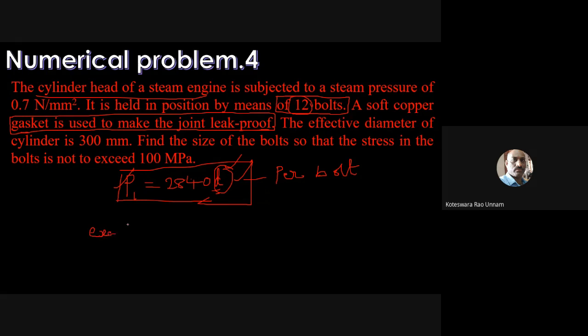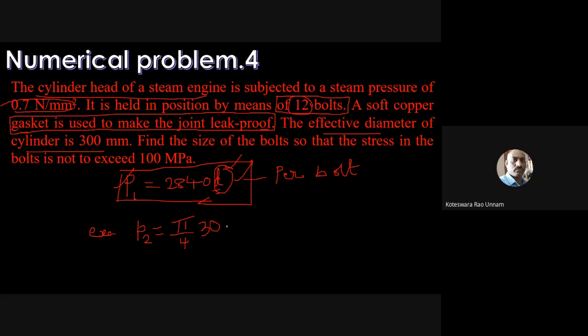External load, I will take it as P. So P2, we can take it as external load, will denote it as P2. P2 is nothing but here the pressure is given as 0.7 and the effective diameter of the cylinder head is 300 mm. So therefore, your P2 is nothing but pressure multiplied by area, π/4 D square, where